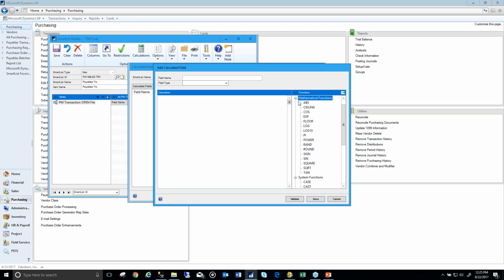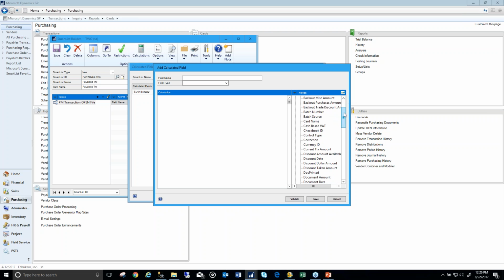I'm not the math whiz, but they're all very usable, and you can read more in the KB as well. Absolute values might be for certain document types, things like that. So I'm going to keep a pretty basic one here, but I'm going to go back to our fields, and I want to see the amount